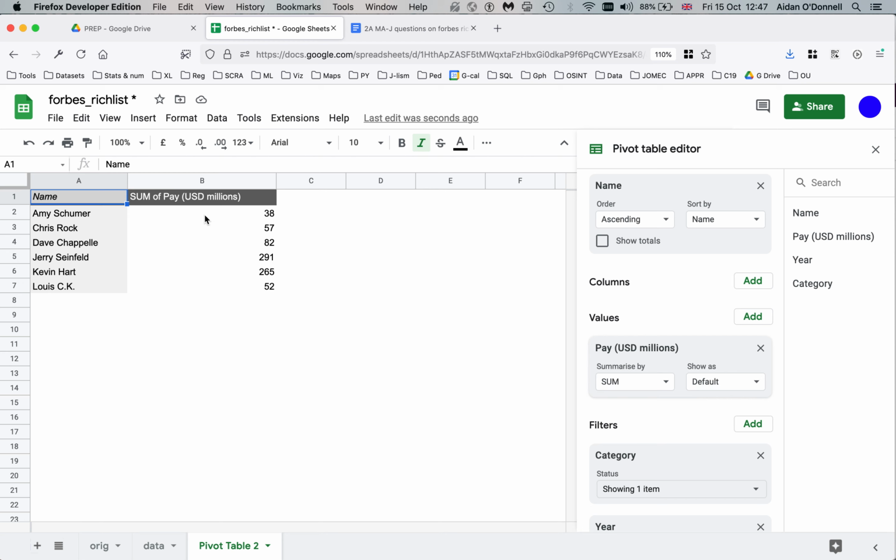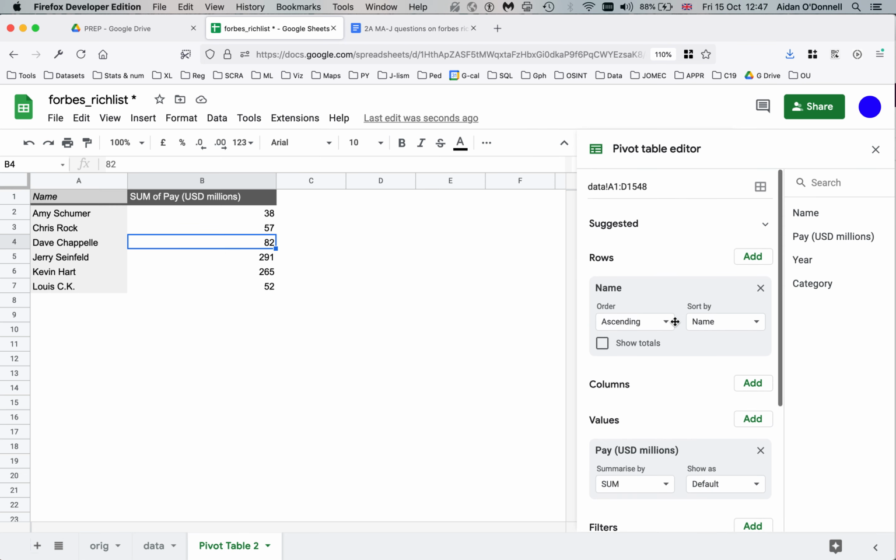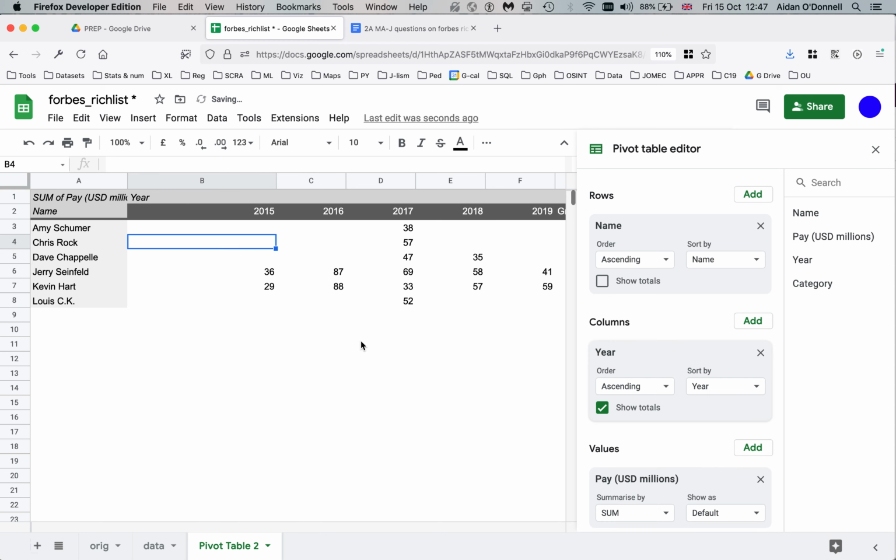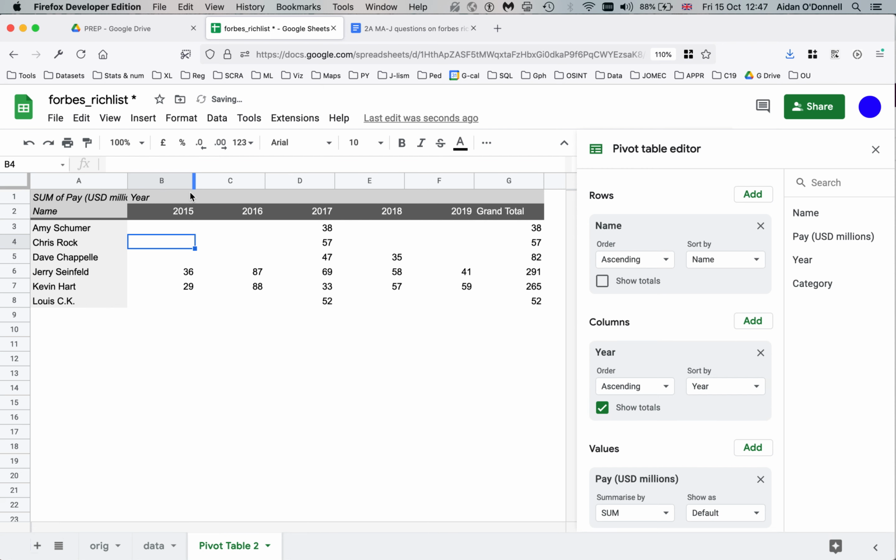So that's telling us that Amy made 38 million over the last 5 years. Chris made 57 million over the last 5 years. Dave made 82 million over the last 5 years, and so on. So that's good. It tells us what the picture is over the last 5 years, but it doesn't let us compare individual years. So if we then take years and add it to the columns, now we can see for these 6 comedians,